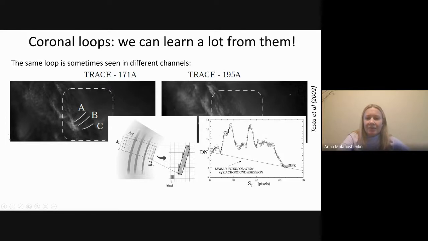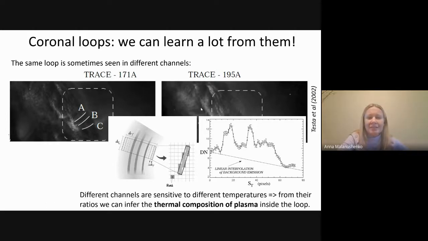Of course, this is a line profile, and we will have to subtract the background, but then a loop would correspond to a bump, and the intensity of the bump will be different in different wavelengths. The reason is that different wavelengths are sensitive to different temperatures. From the ratio of the channels, we can do some math and infer the thermal composition of plasma inside this loop.